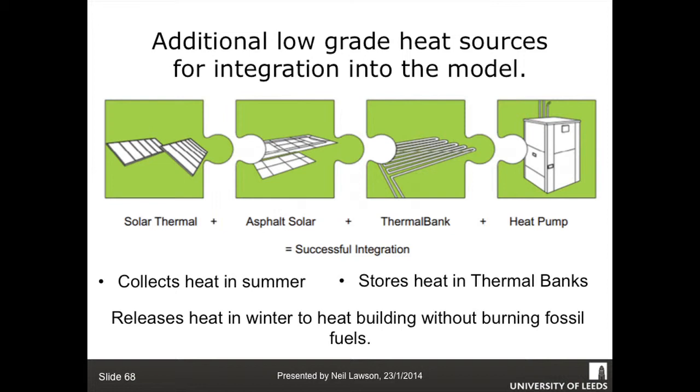Asphalt solar collectors, tennis courts, they're black, they absorb heat. They can be up to 17 degrees C underneath with the sunshine. All that heat is useful to a heat pump. You can also maintain it at a slightly hotter temperature as a defrost for a car park or something like that. A thermal bank, burying pipes within the shadow of a building so there's neither sun on it nor rain,